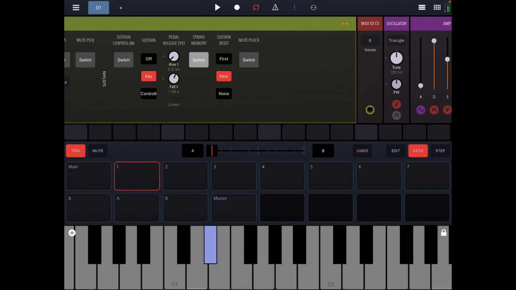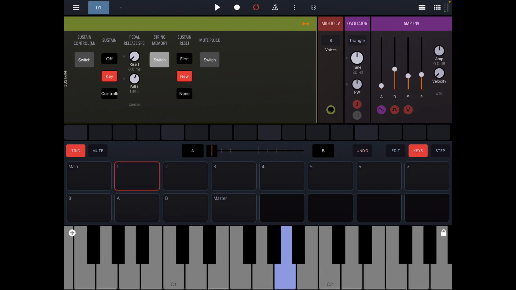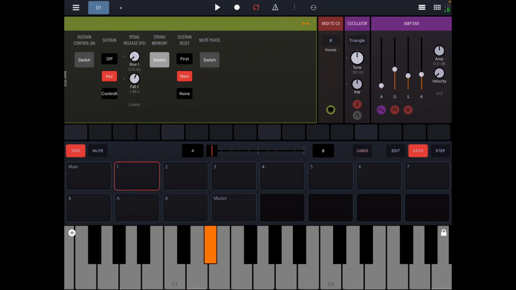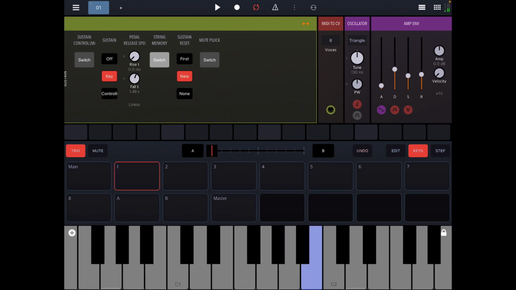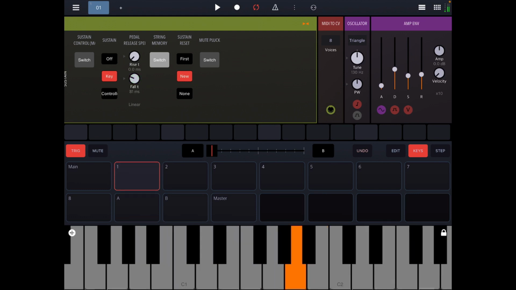This will basically keep track of any notes that have been played, and until I turn off string memory, it'll keep playing them. Let's bring that down a little bit. And then if we just turn it off,